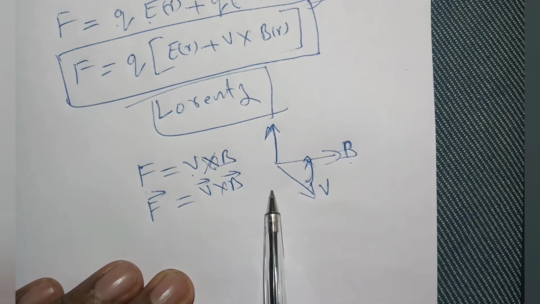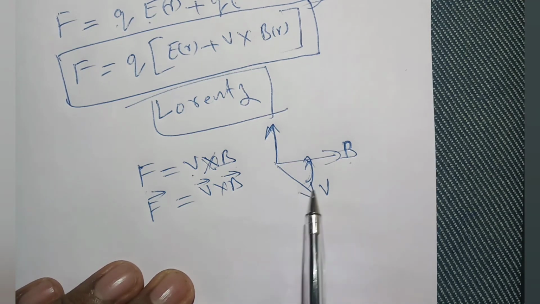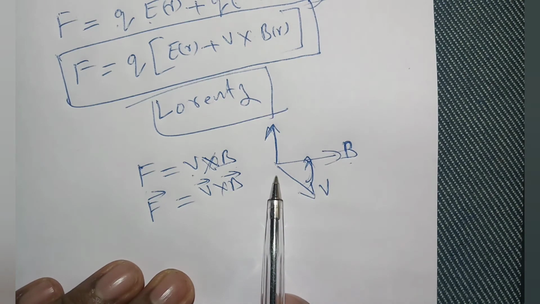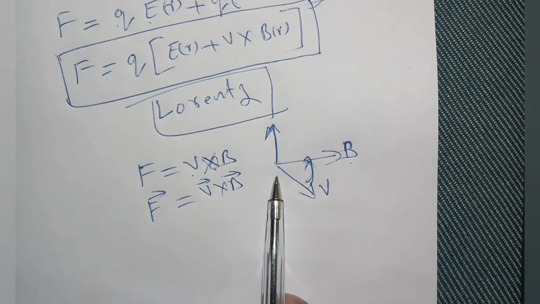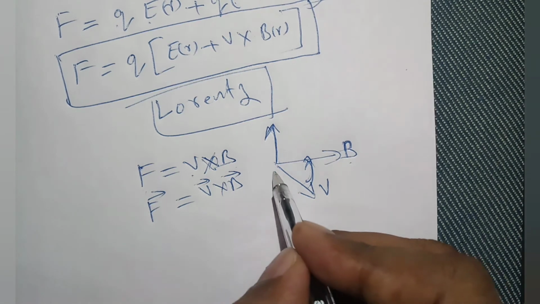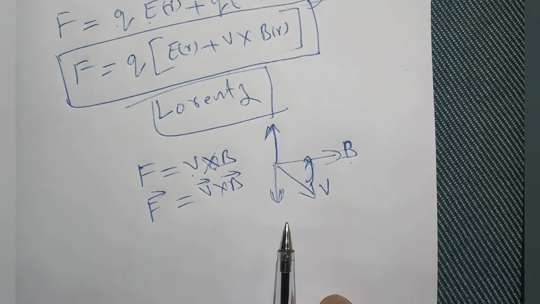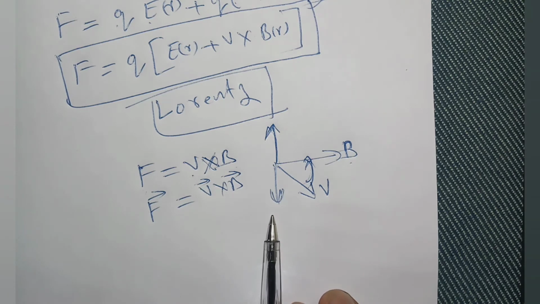Now one more thing, if the charged particle is positive, this is applicable. If the charged particle is negative, just like the case of our electron, then same thing you find out. After finding, you can put the direction as opposite, and you can say this is opposite direction because the particle is negatively charged. That is, the force will be experienced in the opposite direction.